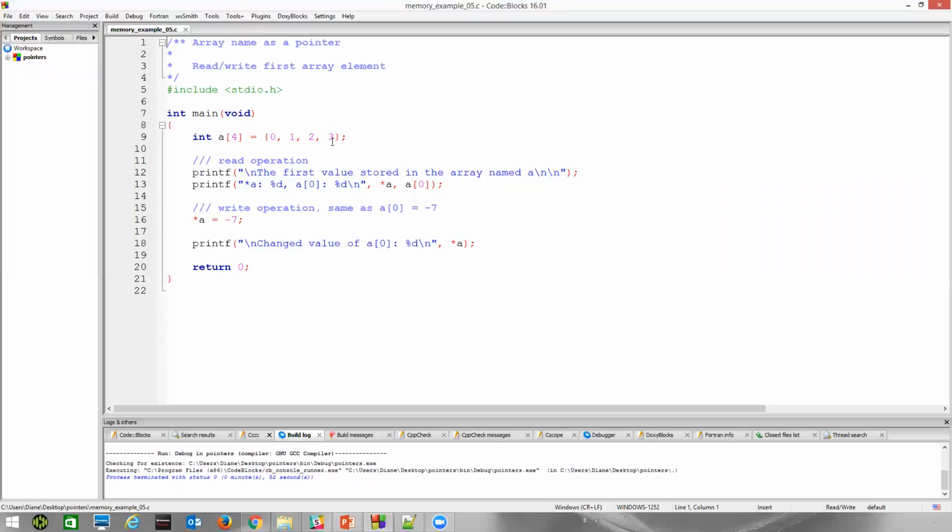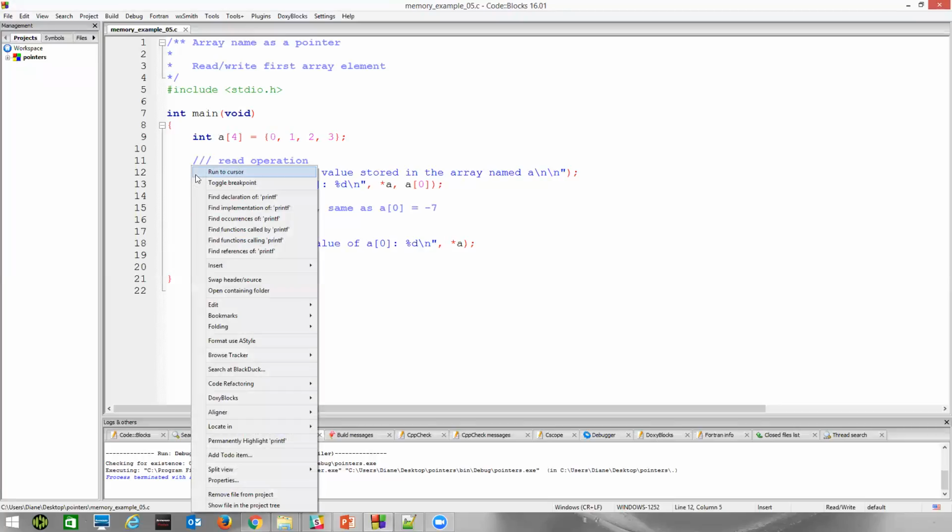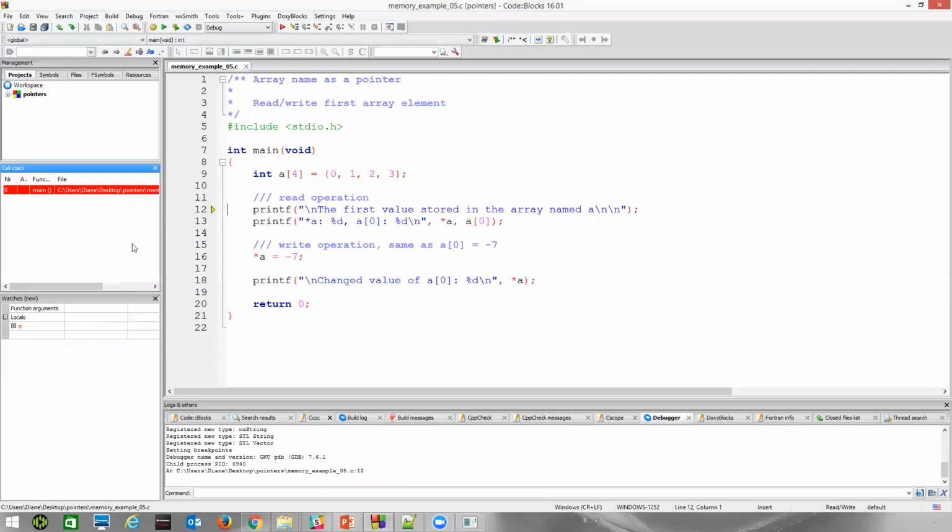So the read operation here. All right, so here's A, right? A is an array of 4 integers. We stored the values 0, 1, 2, and 3 in there. Let's just do a run to cursor here. All right, so if we open up A, we can see then 0, 1, 2, and 3 is stored in